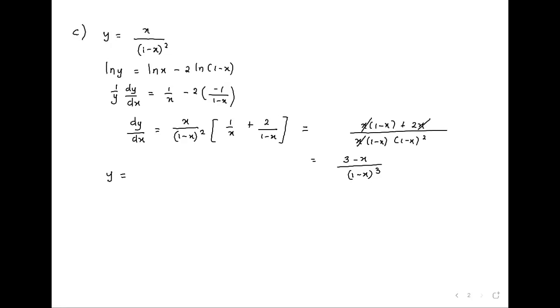Okay. Because here what you have done is you have put out x and remained with 1 minus x plus 2, and then you canceled the x by this one. So again, we bring back here and try to avoid using the quotient rule. So we bring in ln: ln y is equal to ln(3 minus x) minus 3 ln(1